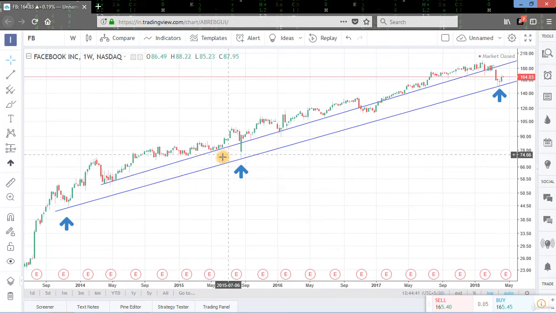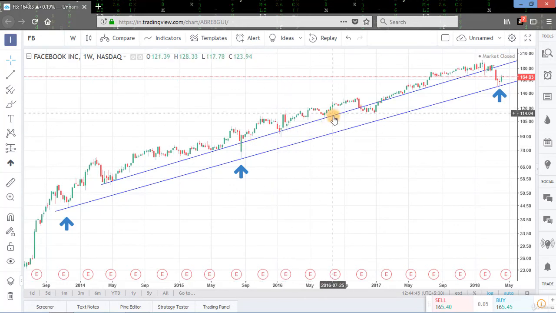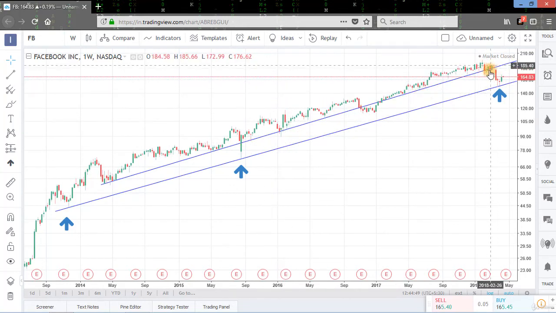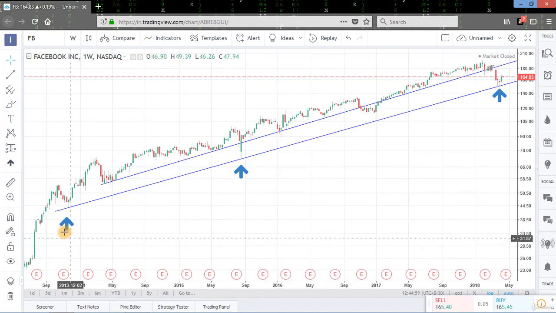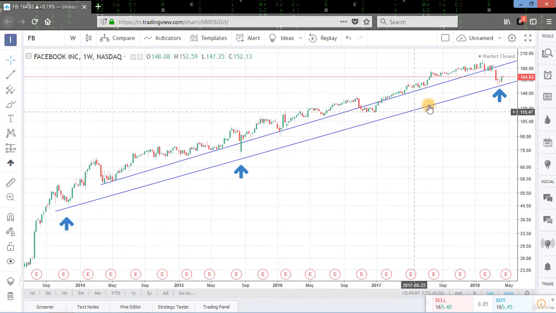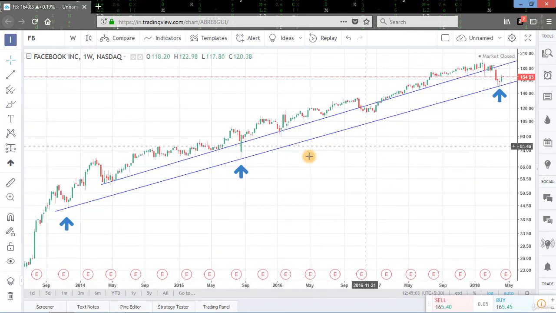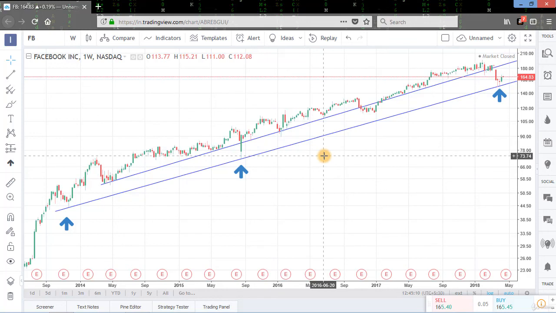Here we are getting first point, then we are getting second point. It is our third point, fourth, fifth, sixth and seventh, and this was our breakout point. So we are getting here 7 points from this internal trend line, and now the stock is responding its external trend line. As long as the stock is above this external trend line, we can focus only on buy positions.